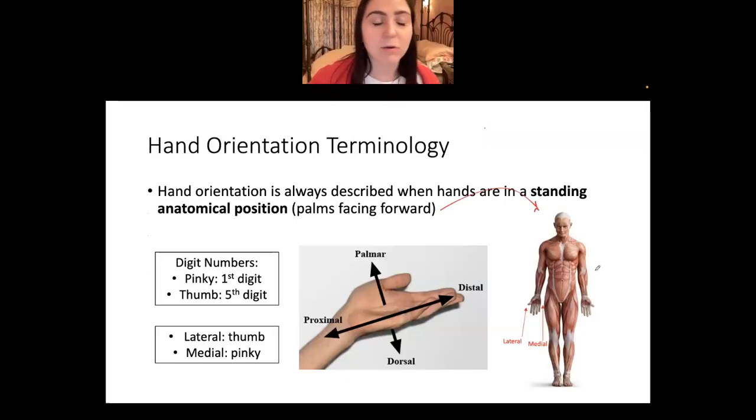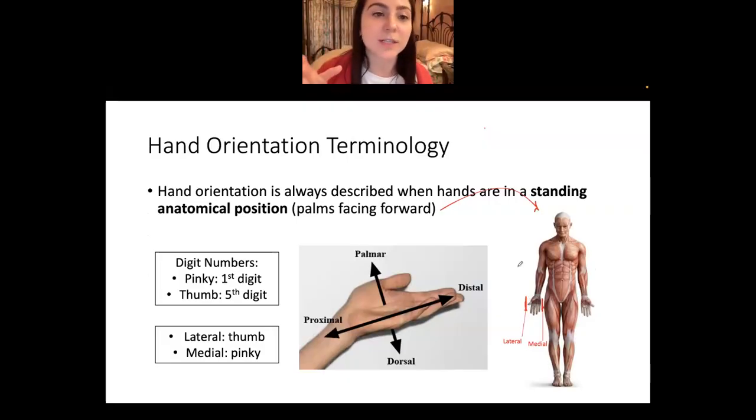So if you're ever confused, just imagine standing, palms facing forward. So your palms are facing forward. See how the pinky is closest to the trunk of the body. This is medial. And then see how the thumb is furthest from the body. That's lateral. I know you're going to say that's obvious, but it gets a little confusing